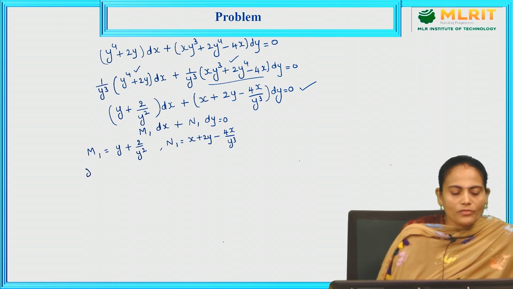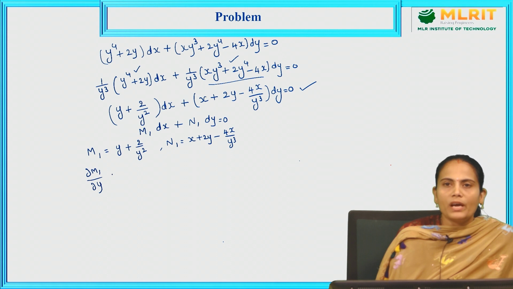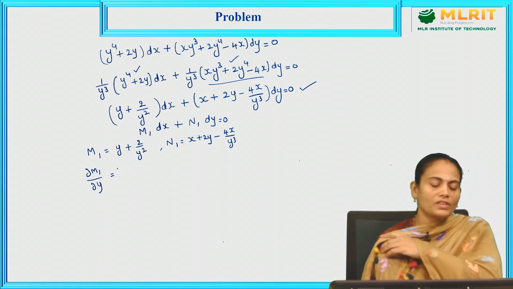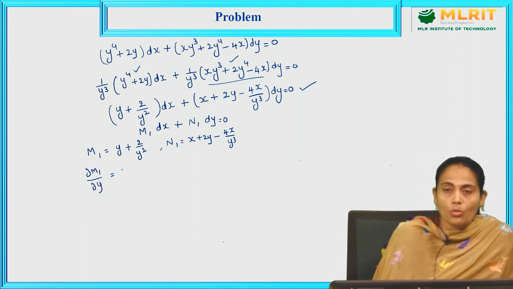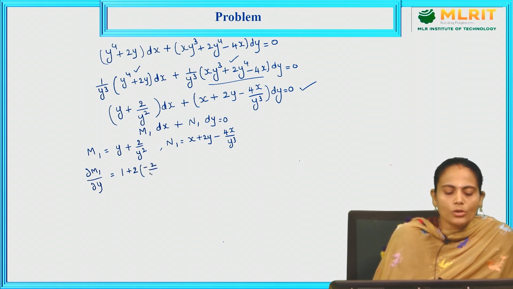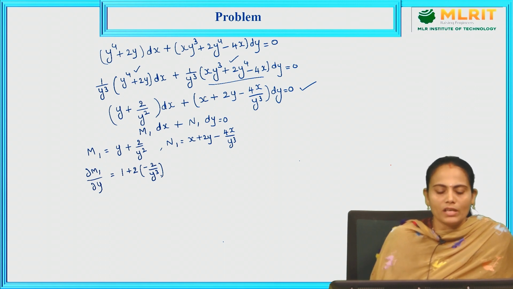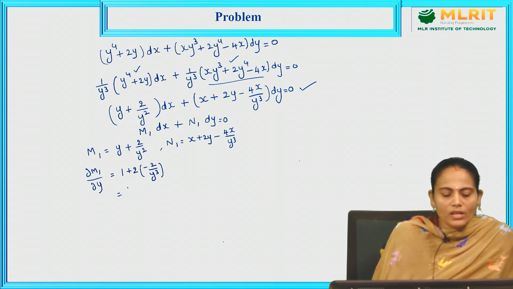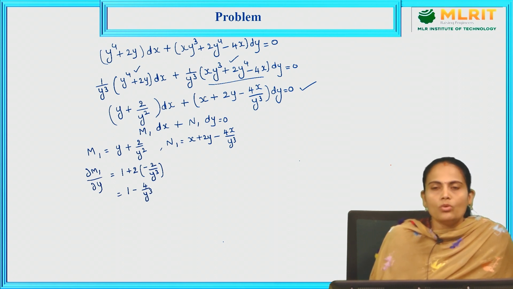And now we have to find the derivative value, that is ∂M1 by ∂y, with respect to y differentiation. So the derivative of y is 1 plus 2 into the derivative of 1 by y square. So the derivative of 1 by y square is minus 2 by y cube. So after the simplification, we will get 1 minus 4 by y cube as the value of ∂M1